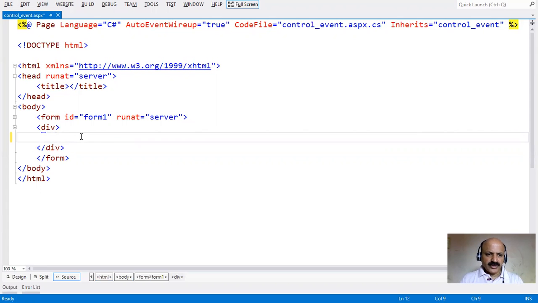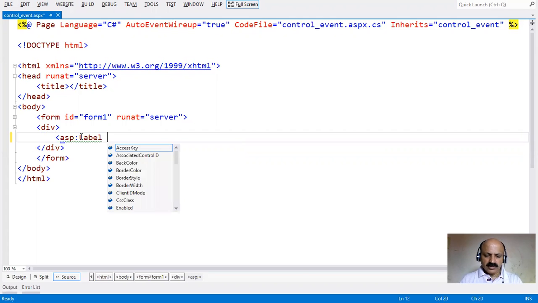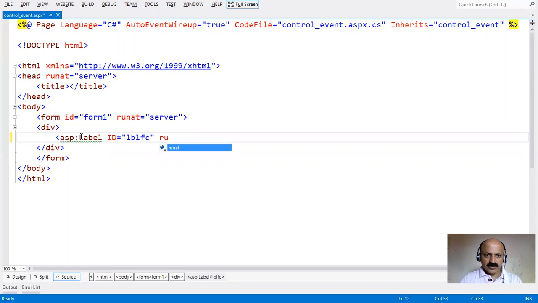Here we have to take one label like id lbl first counter. Okay, and here give the text first counter.